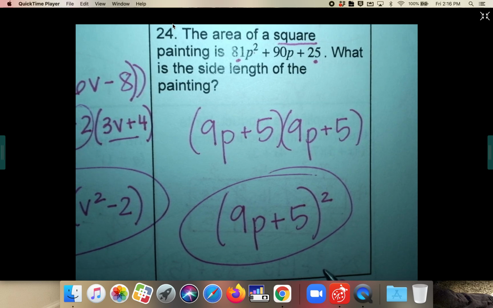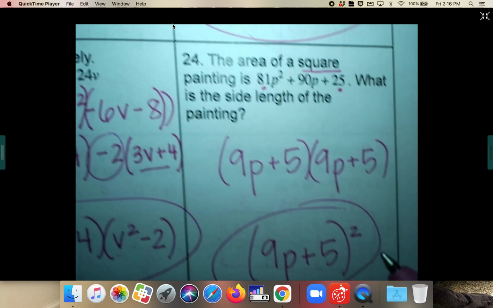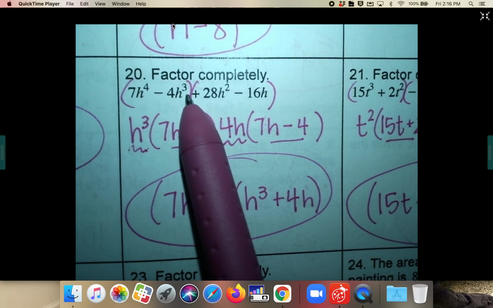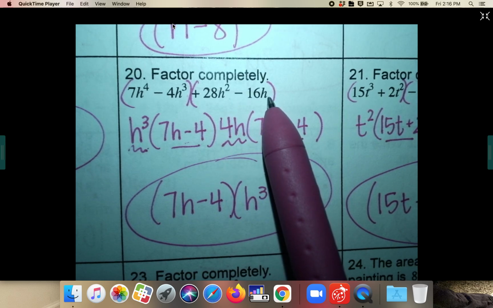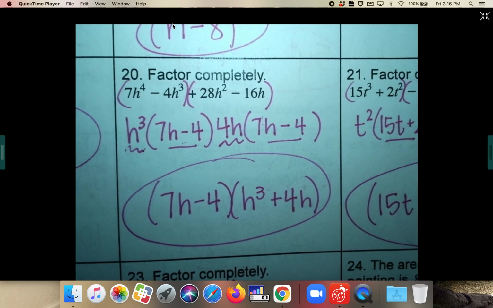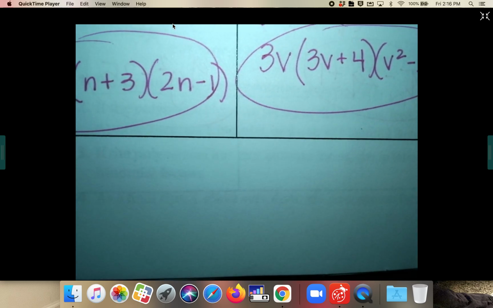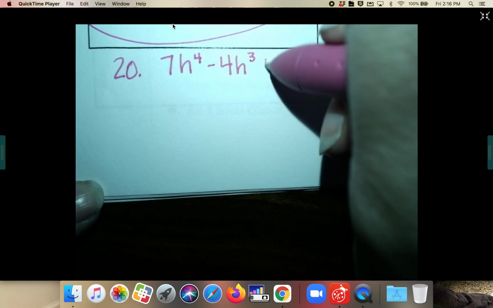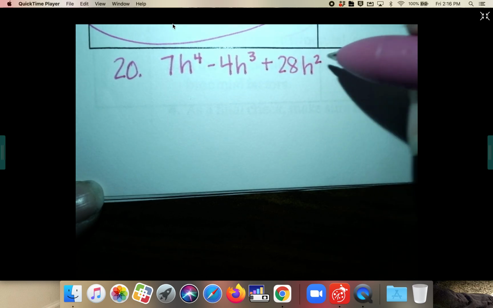Hey, before I turn this off, I'm just realizing I actually want to redo number 20. I didn't realize that at the very beginning I should have pulled out some h's. So I am so sorry, I apologize. Can you guys do me a favor and find a little spot to write down number 20 again? And I'm going to fix it, because otherwise it's going to drive me crazy and I don't want to create a whole new video for one question. So it was, again, 7h to the 4th minus 4h cubed plus 28h squared